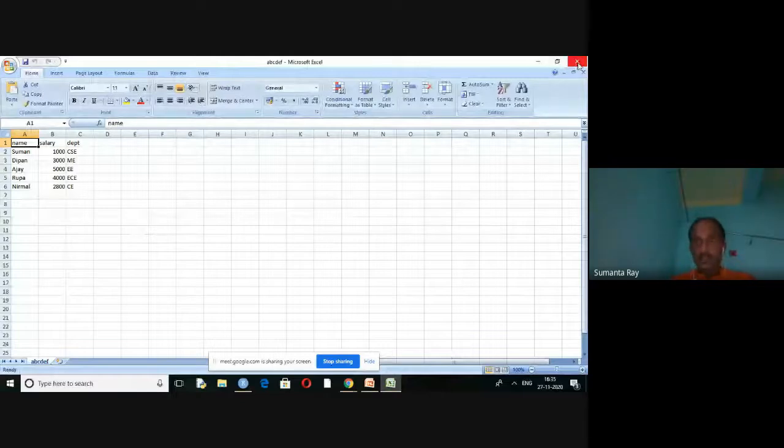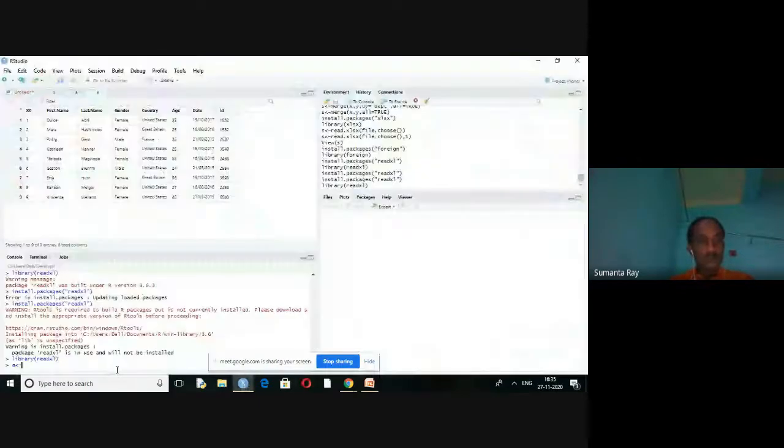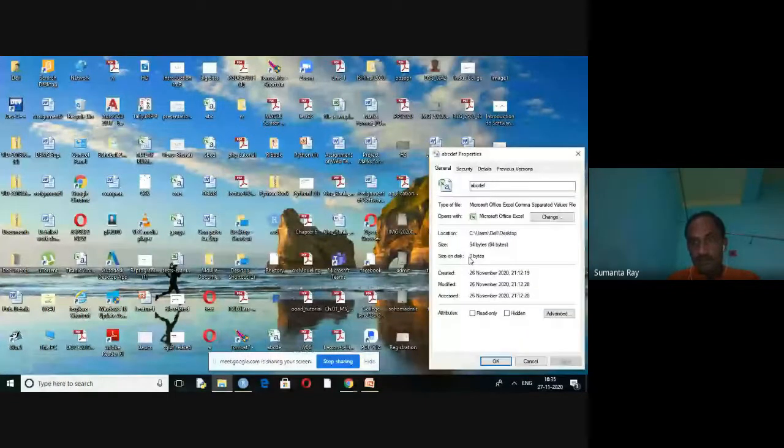So if I want to merge 2 different tables, first we have to import the 2 different CSV files in R. You just write file equals to, and copy the path.